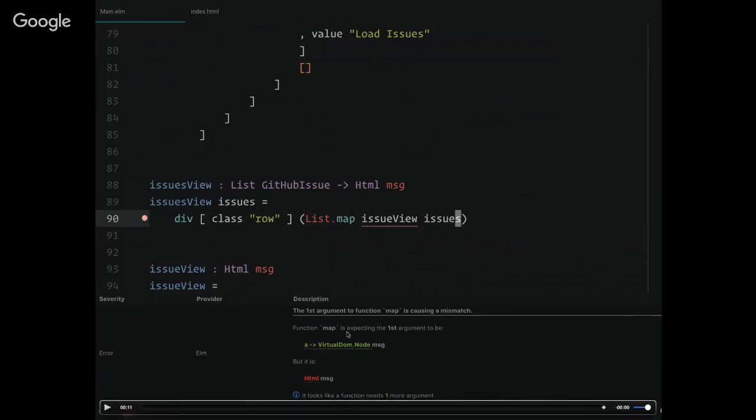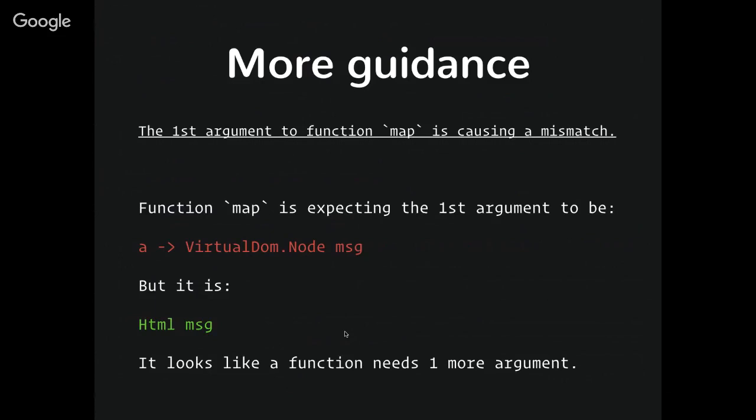So in here, it gives us this little warning. It says the first argument to function map is causing a mismatch. And that should be like the first indicator, like, okay, I need to change something. I thought this was a function. And it's saying that it's expecting the argument to be a virtual DOM node, but it's HTML. So it thinks it needs one more argument. Oh, sorry, I actually read this wrong.